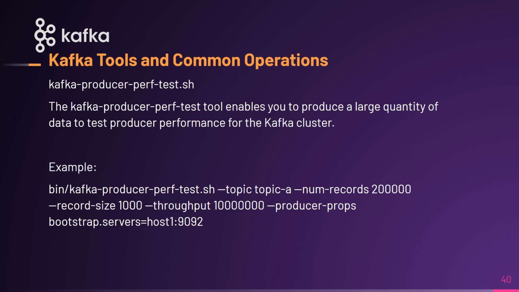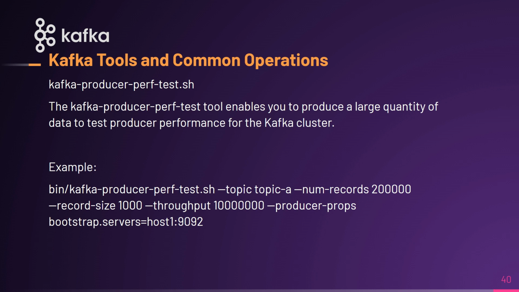200k records, and the record size will be 1k and the throughput will be 1000k, and this will be generated automatically. So it's basically for testing the performance, and the data is dynamically generated. The data is test data. To understand this in more detail, let's move to the practical demonstration of it.